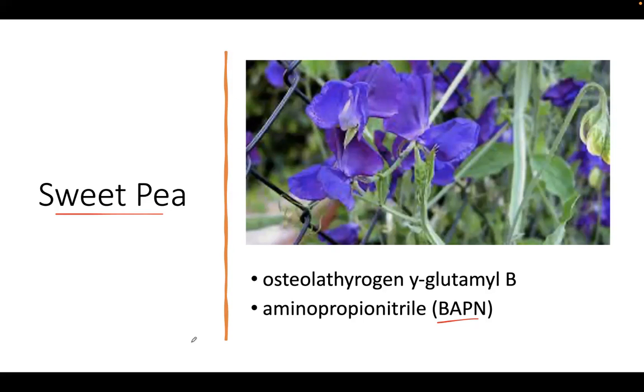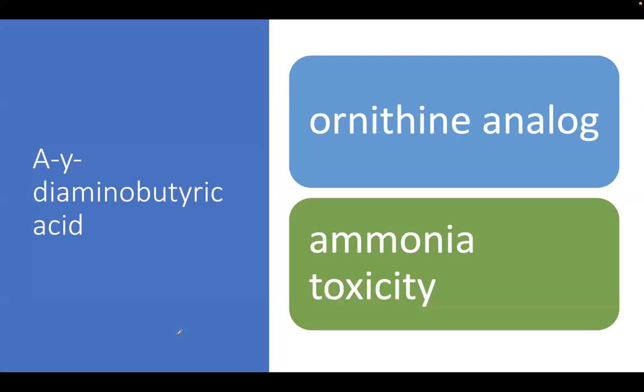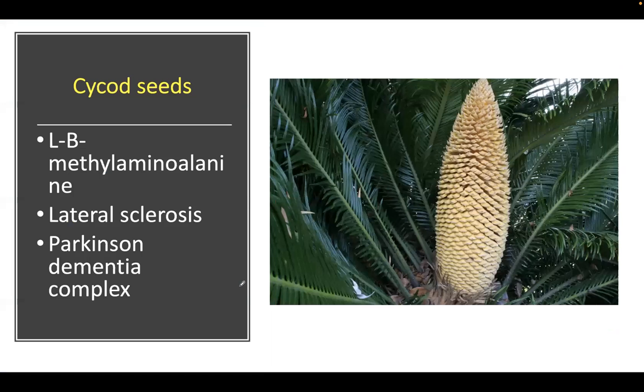So please remember, you are not attending a lecture. You are attending a coaching, which means we have the presumption you have already touched this from the mother textbook. Now, regarding the alpha gamma diaminobutyric acid, it is an ornithine analog. So it inhibits ornithine transcarbamylase, which is an important enzyme in the urea cycle, and it's going to present with the clinical feature of ammonia toxicity. So here, the cycad seeds: remember, amyotrophic lateral sclerosis and Parkinsonism dementia complex.